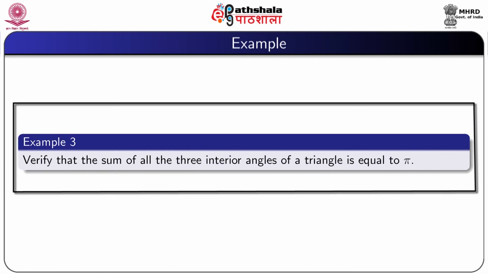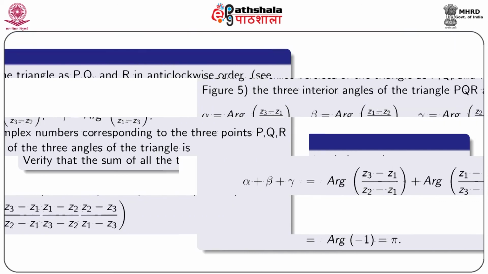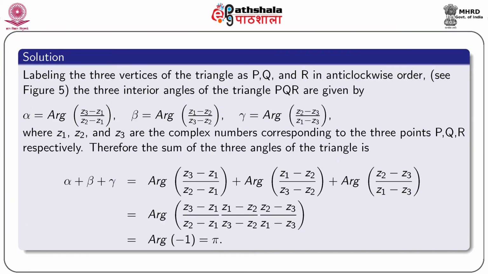So, next example, verify that the sum of all the three interior angles of a triangle is equal to pi. So, we label the three vertices of the triangle as P, Q and R in anti-clockwise direction, and see the next figure. The three interior angles of the triangle PQR